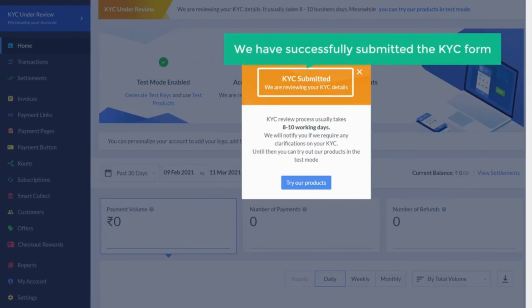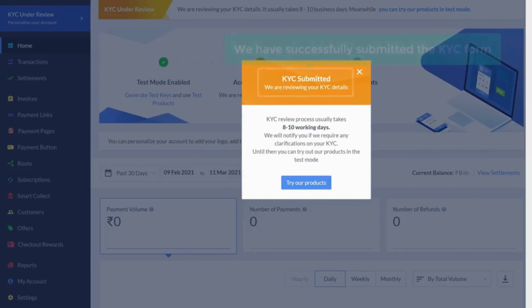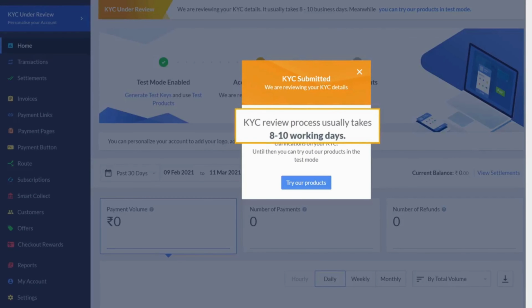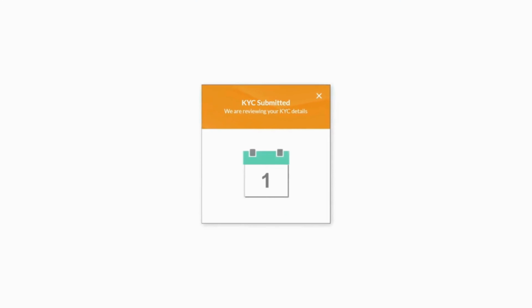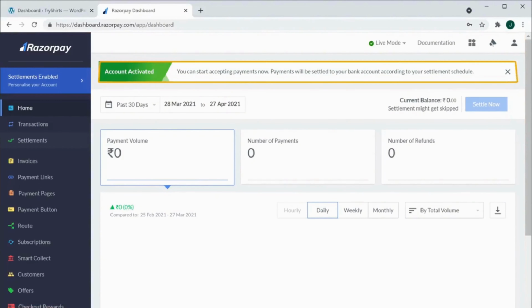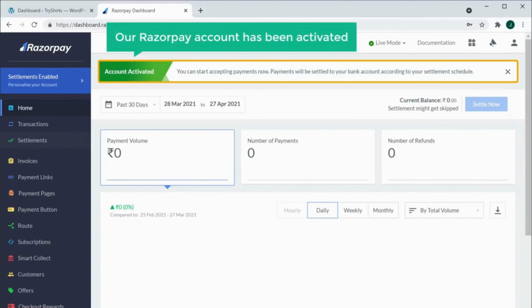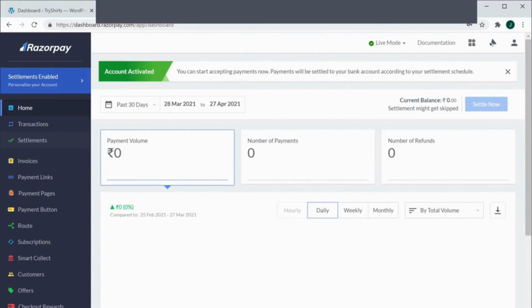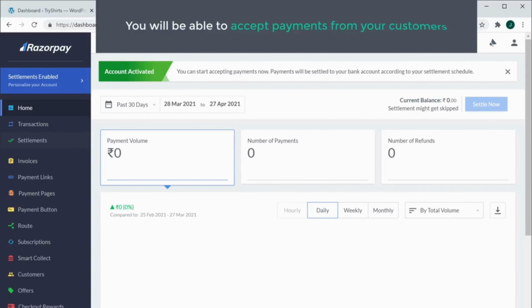So now we have successfully submitted the KYC form. Once you have submitted the form, it will be verified within 8 to 10 working days. So after 10 days, if you go back to our account, here you can see that our Razorpay account has been activated. So now you will be able to accept payments from your customers and the amount will be transferred to your